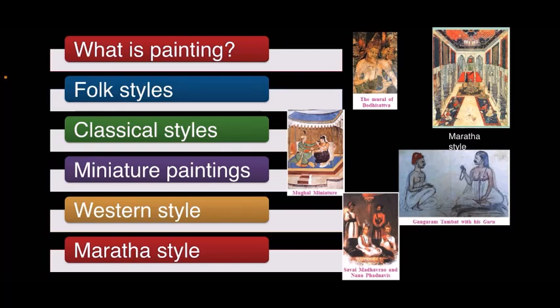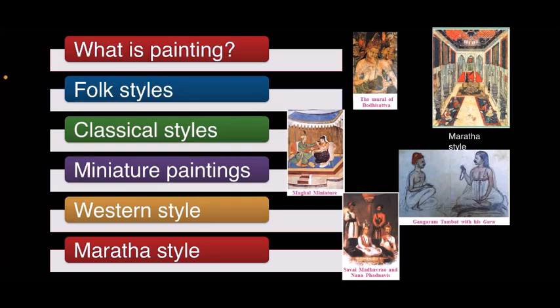Through these rock paintings, we understand the knowledge that the ancient people had about the natural surroundings and also the way they used available natural resources. The tradition of folk style of paintings closely resembles the style of rock paintings. Customs such as decorating the house, walls, and courtyards by drawing various figures and symbols, or using panels of paintings to narrate stories, helped to develop regional styles of folk paintings.